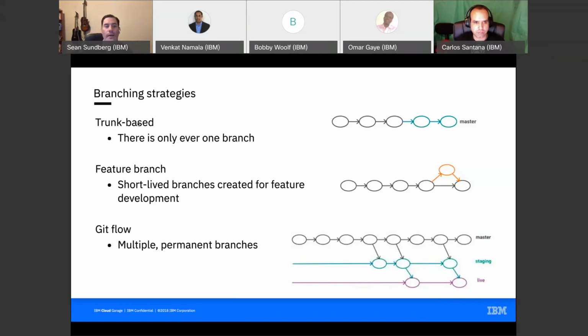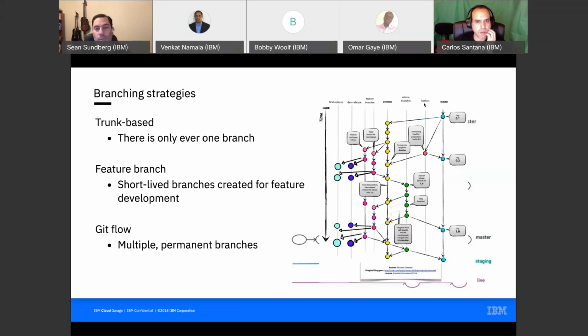Everything goes against that. Feature branch is where you have short-lived branches that you use for feature development that get merged in. And then Git flow is where you have permanent branches that live forever. And some can get very complicated, right? This is one where you get feature branches that live for a long time, and